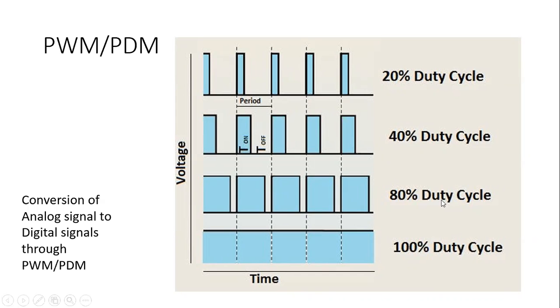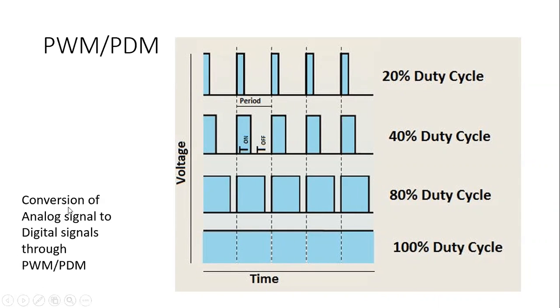Now, if the duty cycle is 80%, that means 80% of the duty cycle is on, and you can see the pulse width is still more. And if it goes to 100%, the entire width of that duty cycle is used by the on part. So depending upon the input, or what you want to transmit and which part of it you have to emphasize, the width can be varied automatically. This is how the pulse train is decided, so that the duty cycle is planned accordingly depending upon the output you want to have.